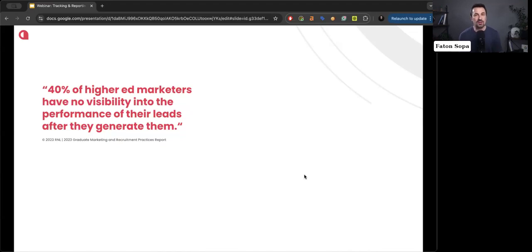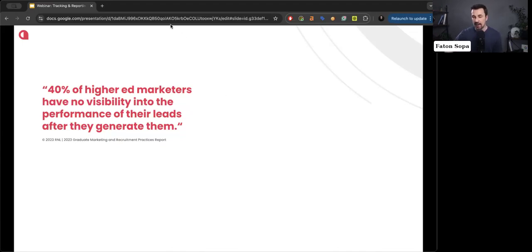But once a prospective student fills out an RFI, they lose track of what happened with that lead after that step. So they don't know whether that became an application, admitted or enrolled. This gap makes it impossible to calculate ROI accurately or even optimize marketing campaigns. If you don't know which channels or campaigns bring in actual enrollments, chances are you're going to waste money on strategies that might not be working.